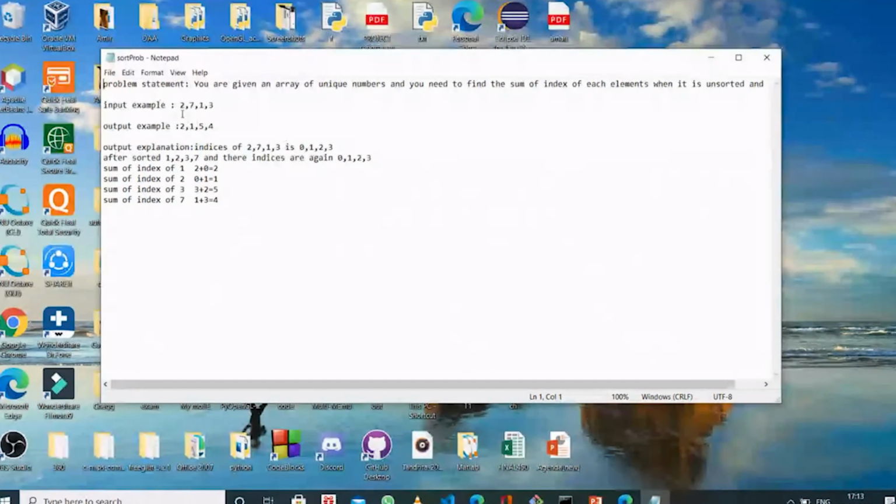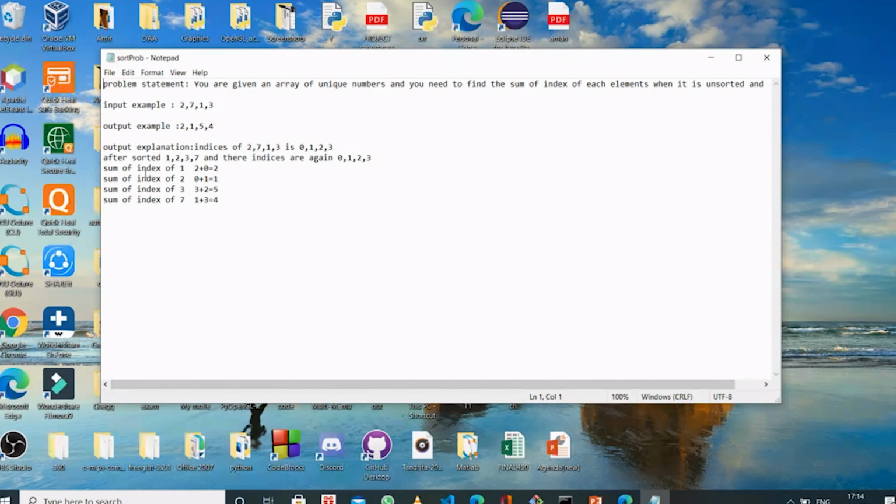In the example, you are given 2 7 1 3. The index of 2 is 0, index of 7 is 1, index of 1 is 2, index of 3 is 3, and after sorting it becomes 1 2 3 7, and their indexes are: index of 1 is 0, index of 2 is 1, index of 3 is 2, index of 7 is 3.